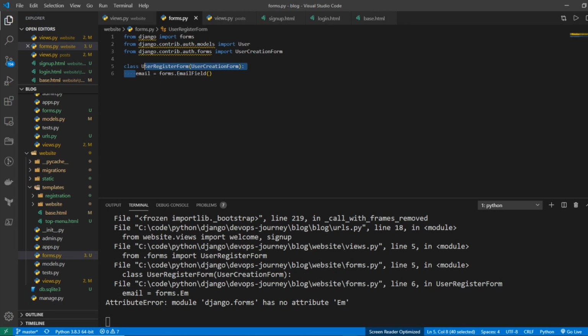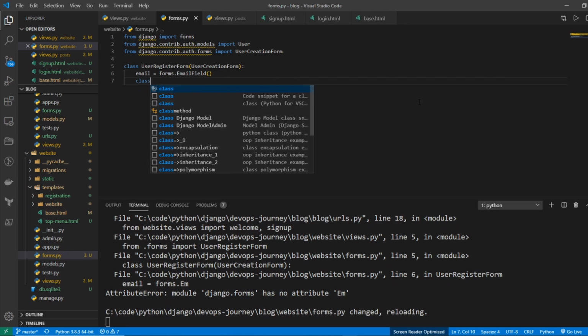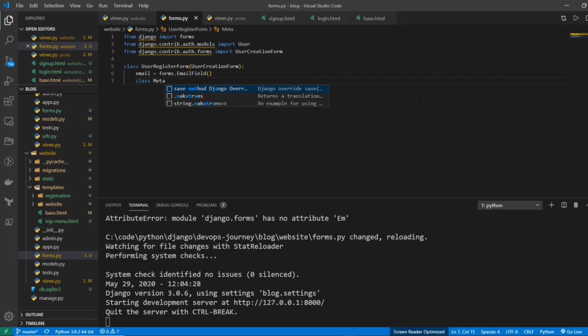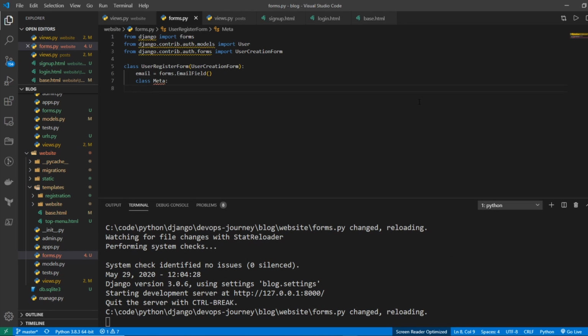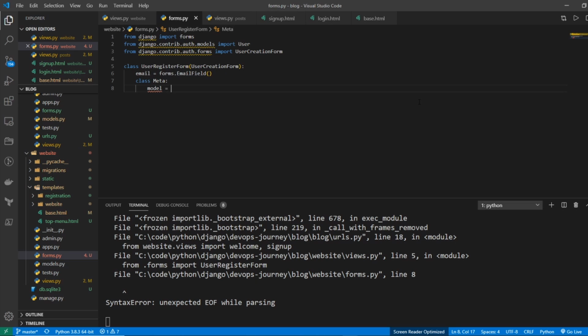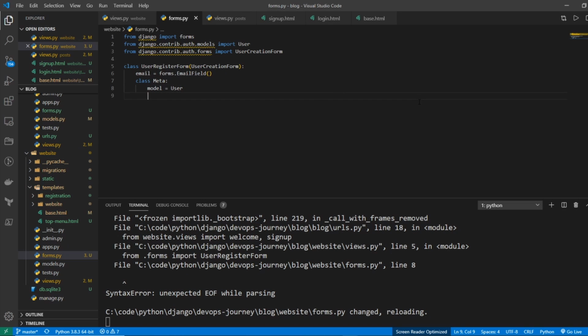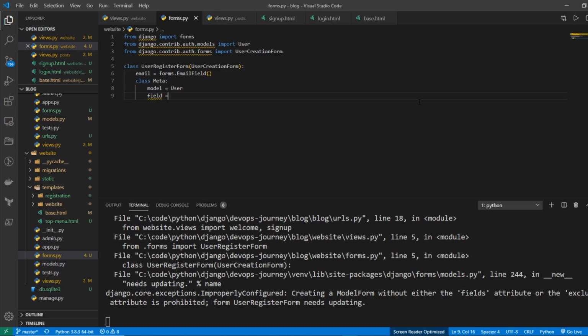And basically this is taking from Django forms and creating an email field. The next thing I'm going to do is create a Meta class and go model equals User, and then fields equals